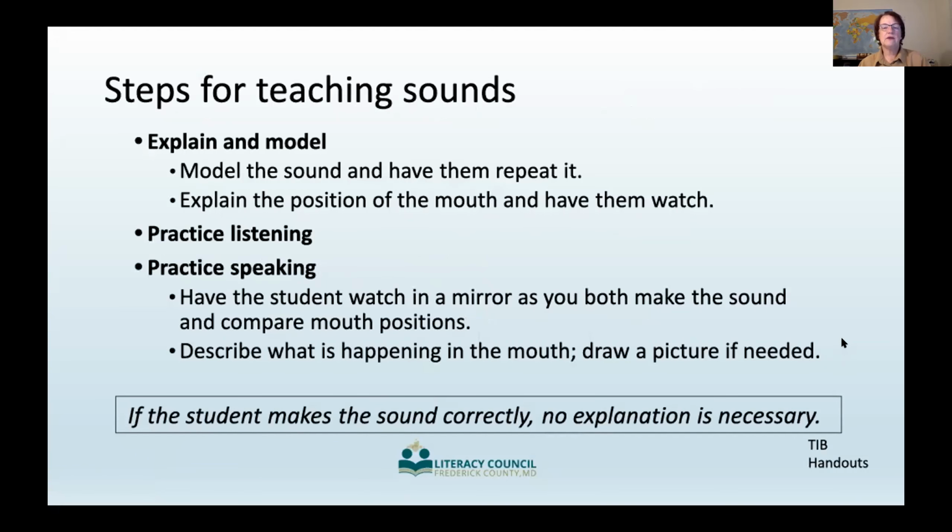In teaching sounds, we use a variation of the explicit instruction model. The explain and model steps are combined. So we have two types of guided practice: listening and speaking. This is an example of how to describe